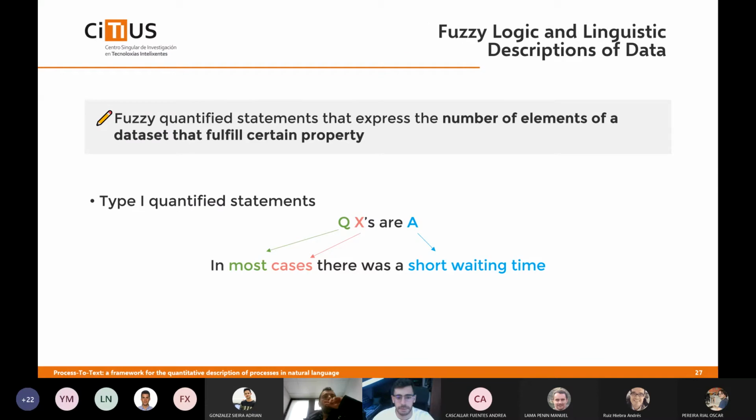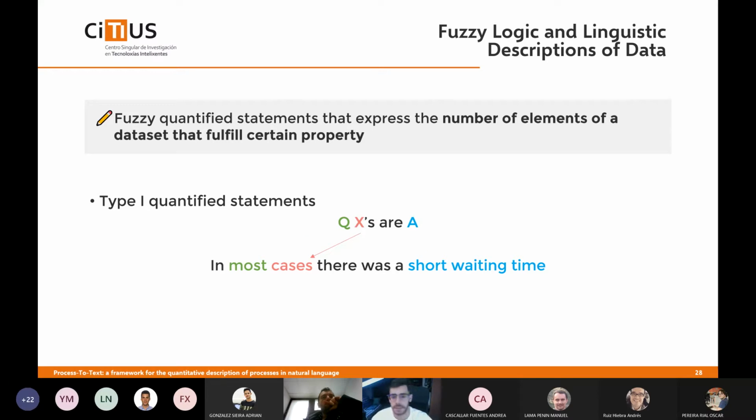On the other hand, coming from the fuzzy logic realm, linguistic summaries or descriptions of data have been applied in multiple domains. These descriptions of data are fuzzy quantified statements that express the number of elements of a dataset that fulfill a certain property. These statements follow formal structures or templates that are referred to as protoforms, and type 1 and type 2 have been the most used ones in the literature, where a